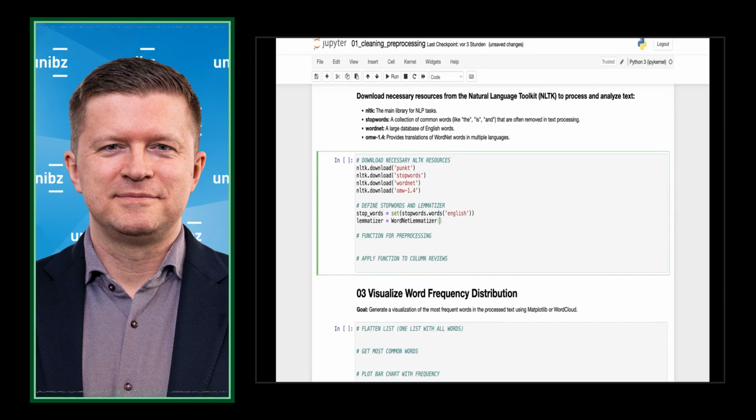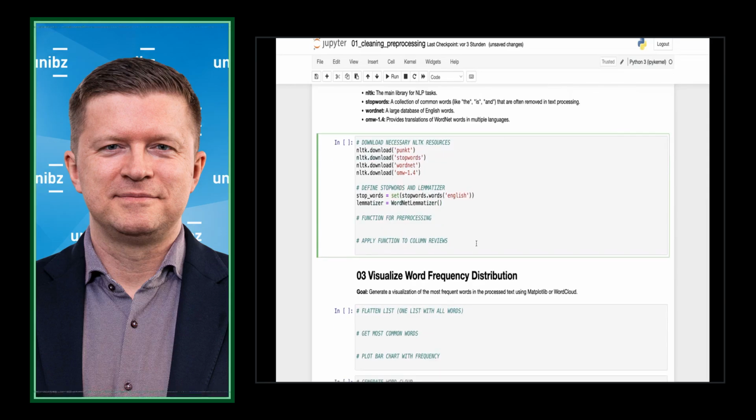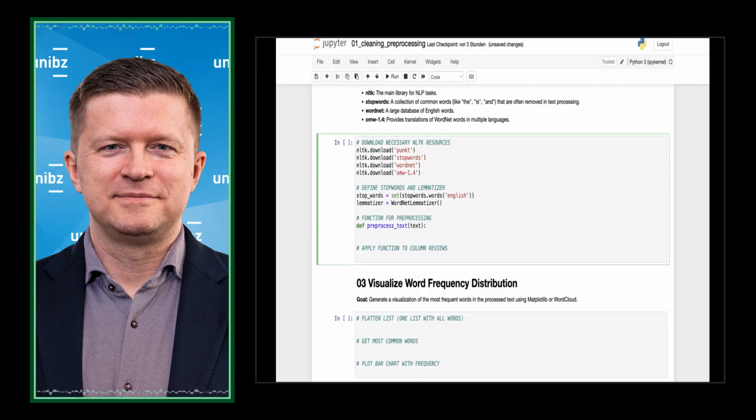And then we write a function to preprocess our text using the stop words and the lemmatizer we just initialized. Let's call this function preprocess_text. It receives the text. In that case, the text is the review. All right.